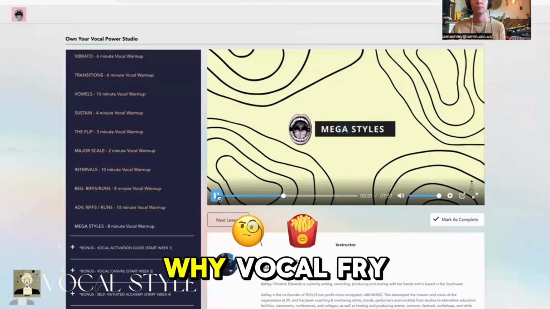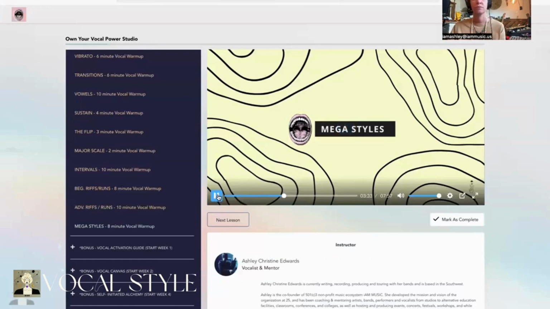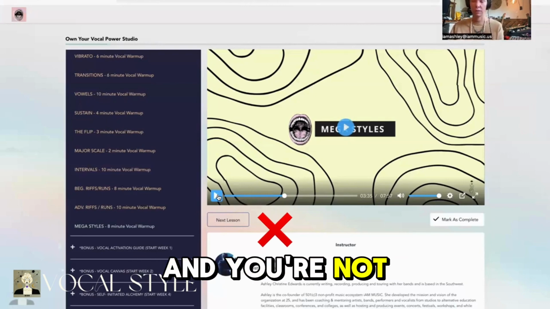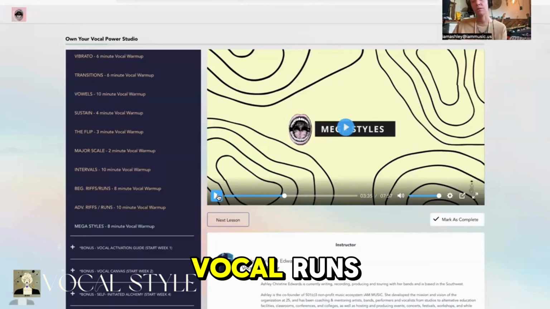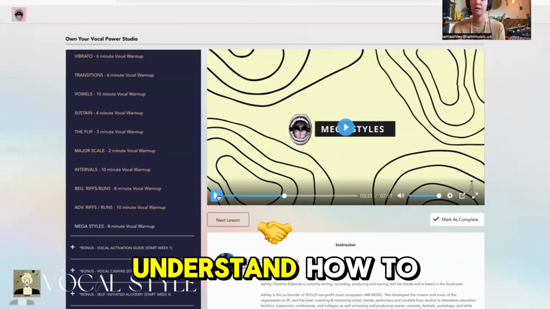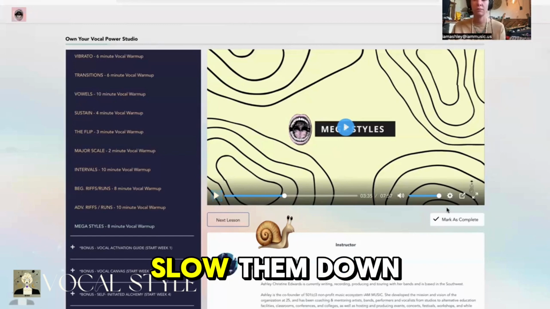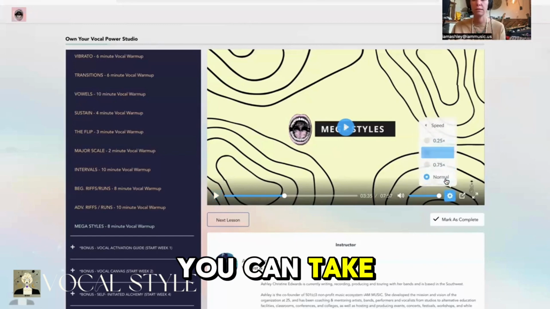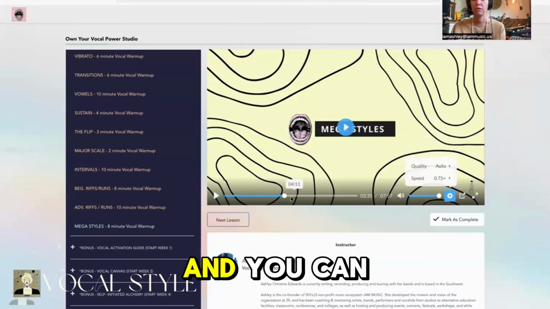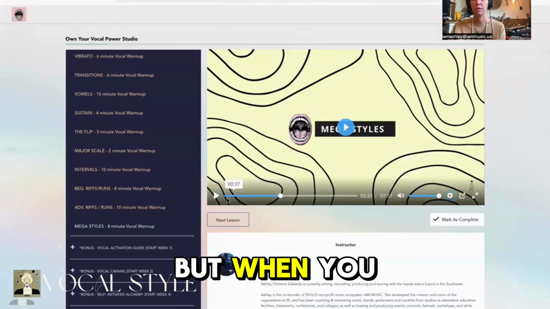No, I. Vocal fry up front. No, I. So there's that little run there. I are the three notes. If those are hard for you to articulate when you're starting and you're not really familiar with vocal runs, you can break them down. You've got to listen to understand how to sing those vocal runs. So you can slow them down. You can take the speed down here, and you can do this on any YouTube video as well. But when you hear these notes,